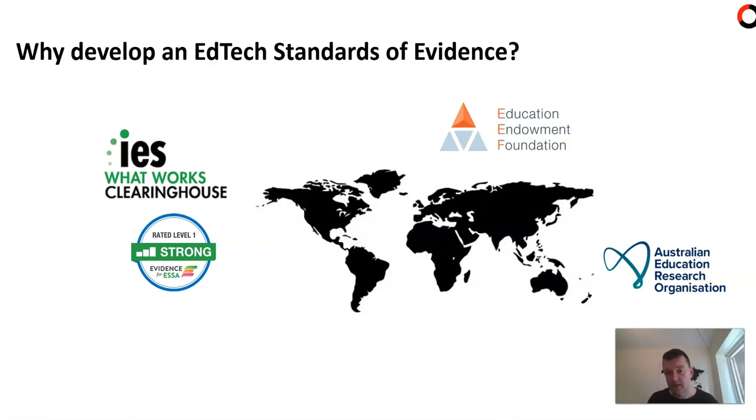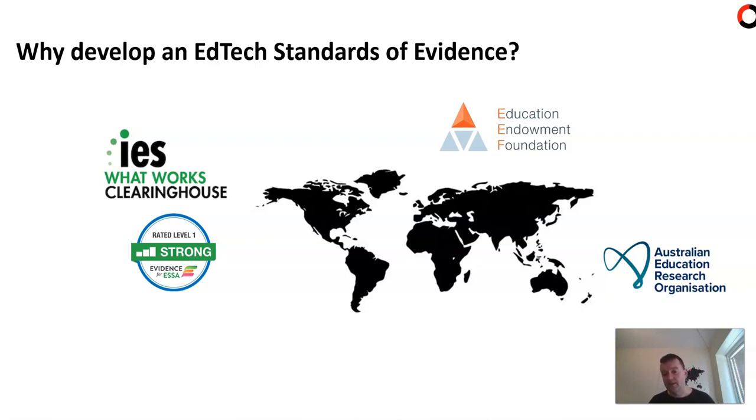experimental designs. Over in the UK, we have the Education Endowment Foundation, which funds large-scale RCTs to look at individual programs, but it also has the Teaching and Learning Toolkit and guidance reports for teachers. And the toolkit is used with over 70% of school leaders to help inform their spending of their pupil premium